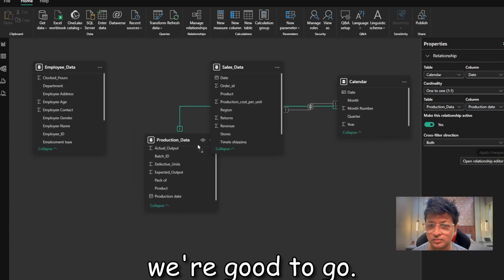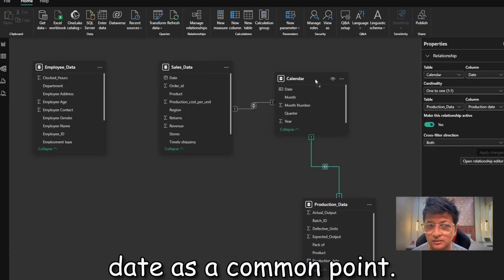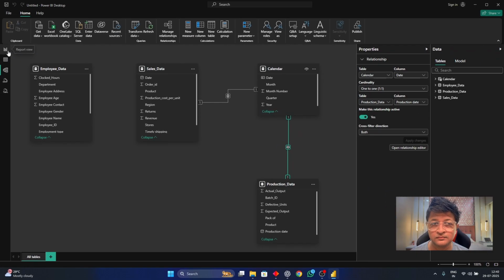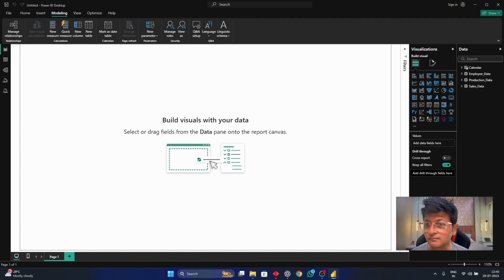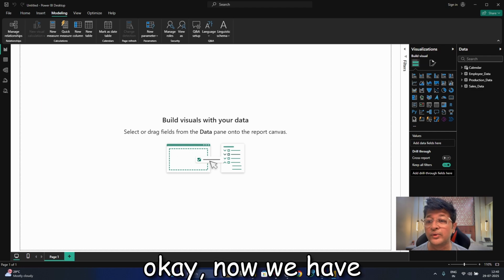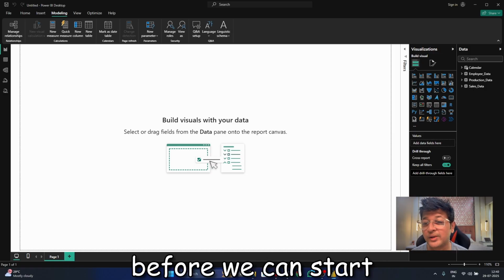And I think we're good to go. So we have the date as a common point, right? All right, so going to the report view. Now we have our calendar table, but we need measures before we can start building